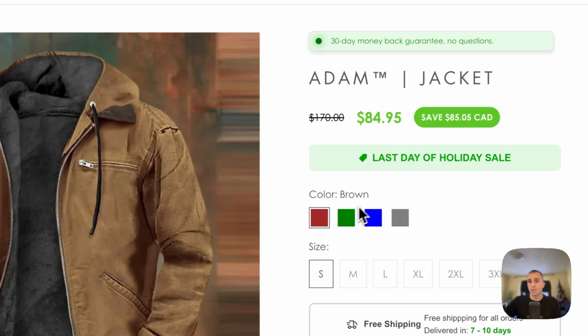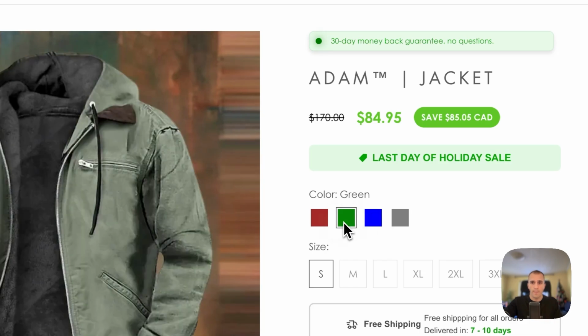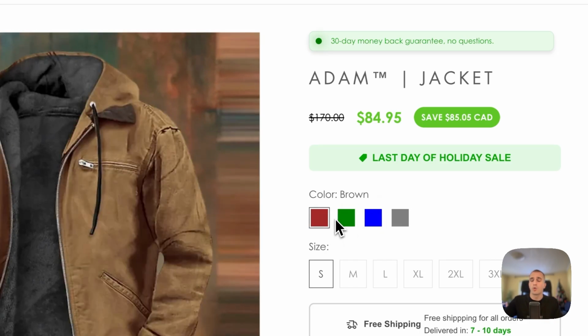And if they see color swatches like this, it looks like a website from, I don't know, the 90s. You are going to lose the trust immediately when they land on your product page, and they're just going to bounce back, and you have lost your money on Facebook, and they will not buy from you.